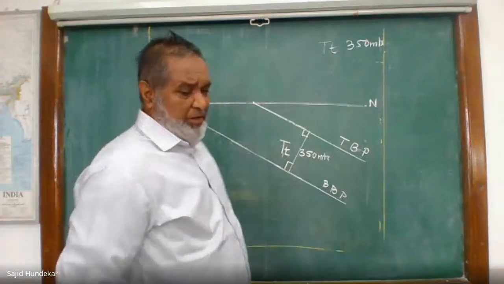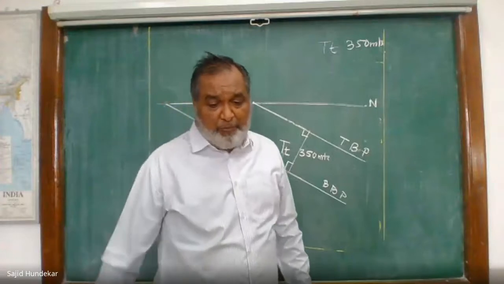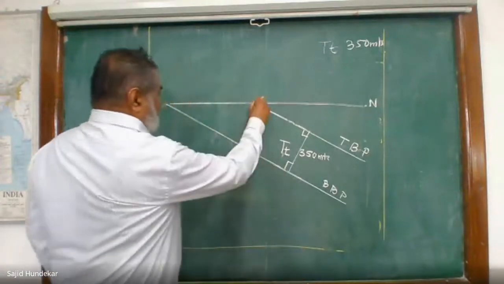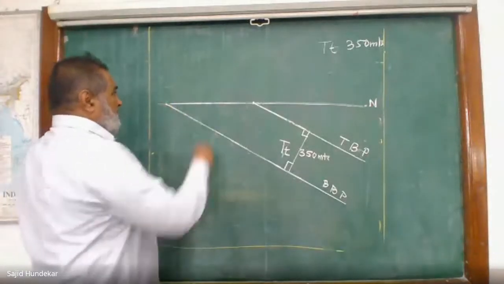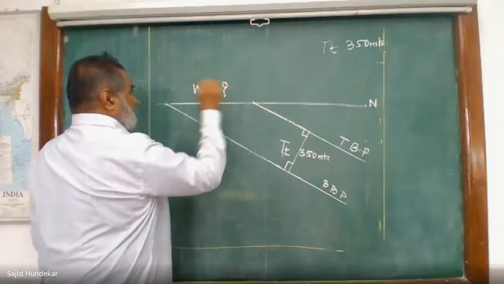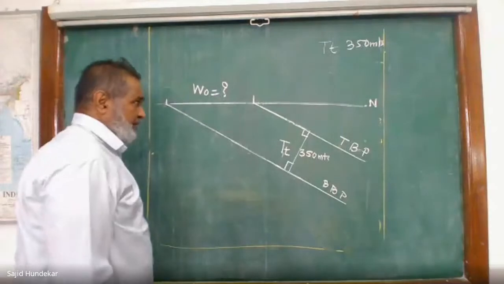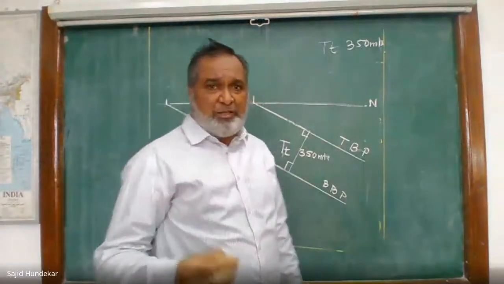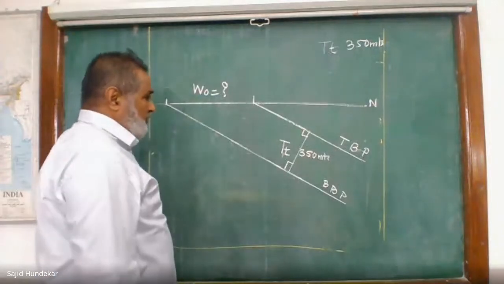Now your first question: what you have to find out is the width of outcrop on the horizontal slope. So you have to measure the distance from this point to this point, and this is your width of outcrop. So this is your first question. Measure the distance between these 2 points. Who is going to measure and let me know how much you got? This is the first answer you have to find out.